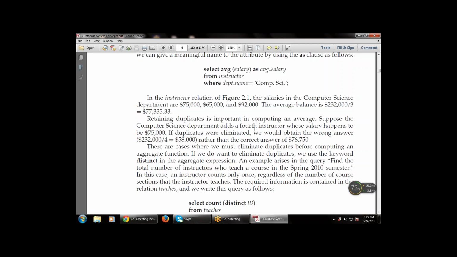There are cases when we must eliminate the duplicates before computing an aggregate function. There are some cases in which duplicates are not required, for any function that operates on numeric values like sum and average. It is not worthwhile to keep duplicate values, because when duplicate values are added, they also increase the value. So there is a need to eliminate the duplicates, which is done in SQL